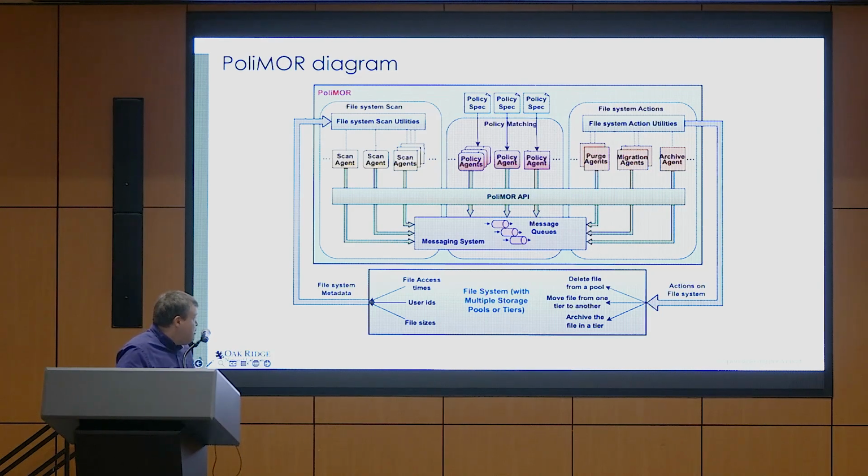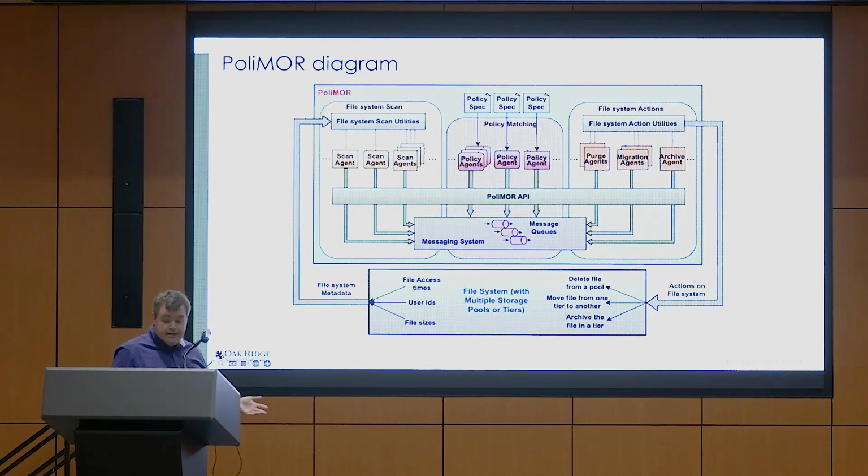Just a quick diagram to go over what we've talked about in the past. So in the gray box, you have your traditional Lustre file system that can contain multiple tiers and billions of files. And then in the blue box above, we have PoliMOR. In our first inner box, we have our scan agents. Those scan agents walk the file system, and eventually we'll be able to collect change logs and also database records. They process and collect that metadata and send it along a messaging bus system